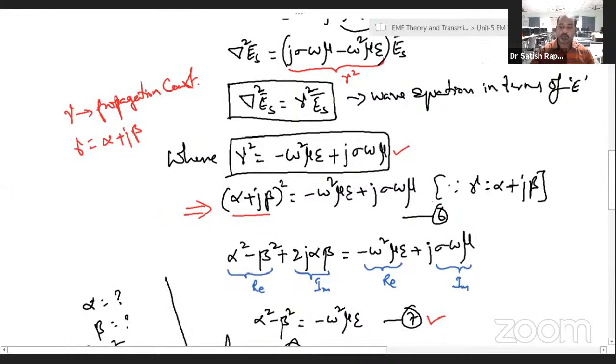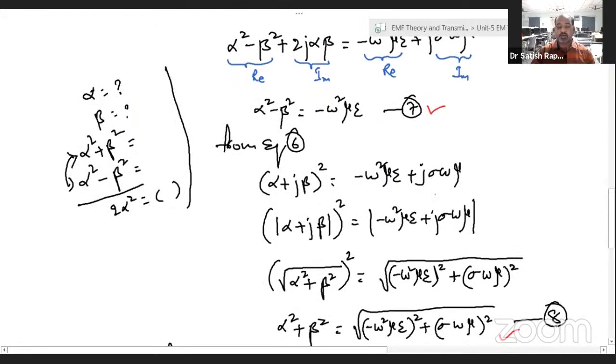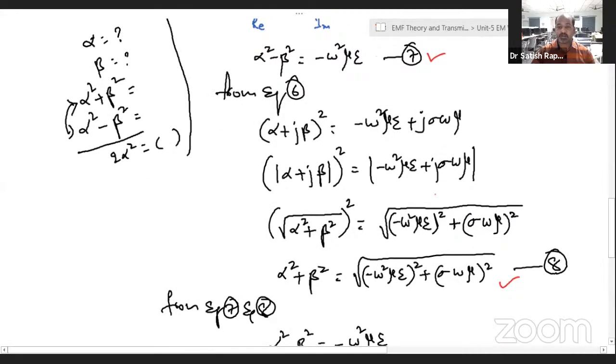And gamma is alpha plus j beta, where alpha is the attenuation constant and beta is the phase constant. Substituting that and simplifying, we will get alpha square minus beta square, which is in equation 7. If we can have alpha square plus beta square, we can determine alpha and beta very easily. So to get alpha square plus beta square, taking equation 6 and applying mod, right? So as shown here, applying mod like this,